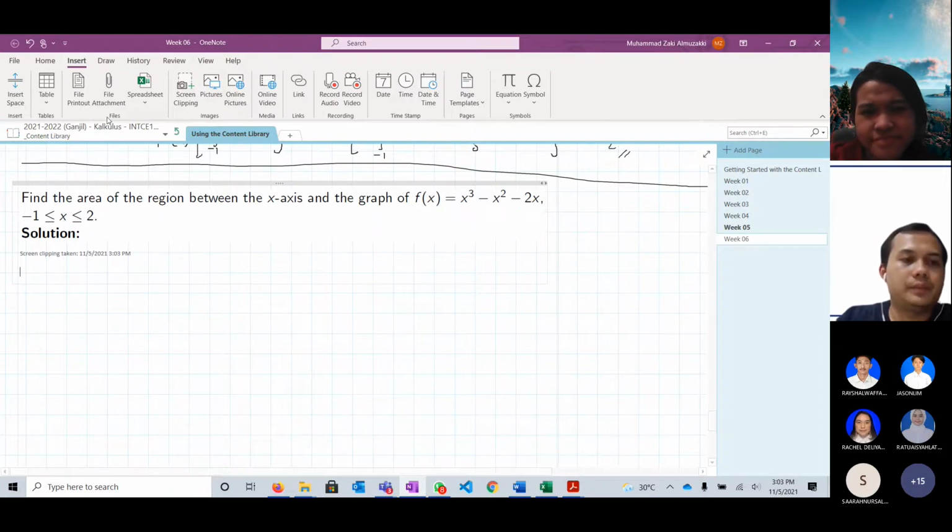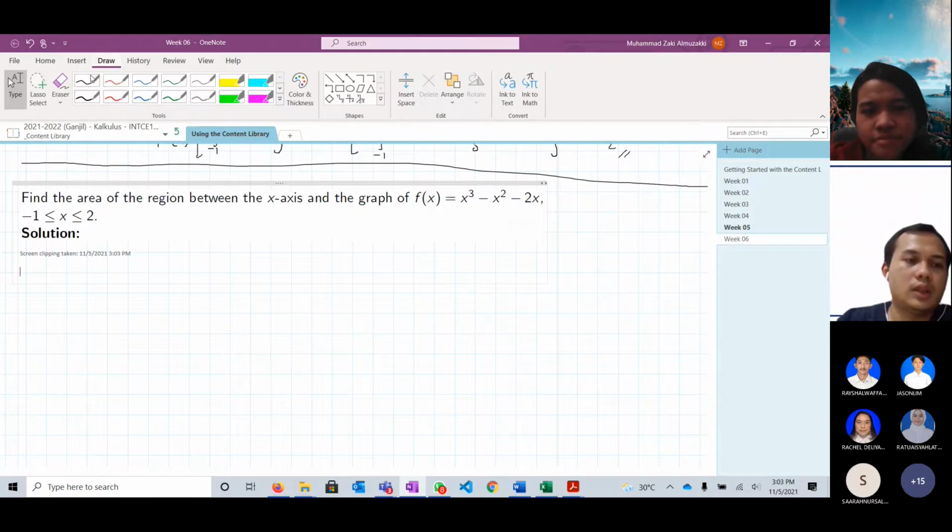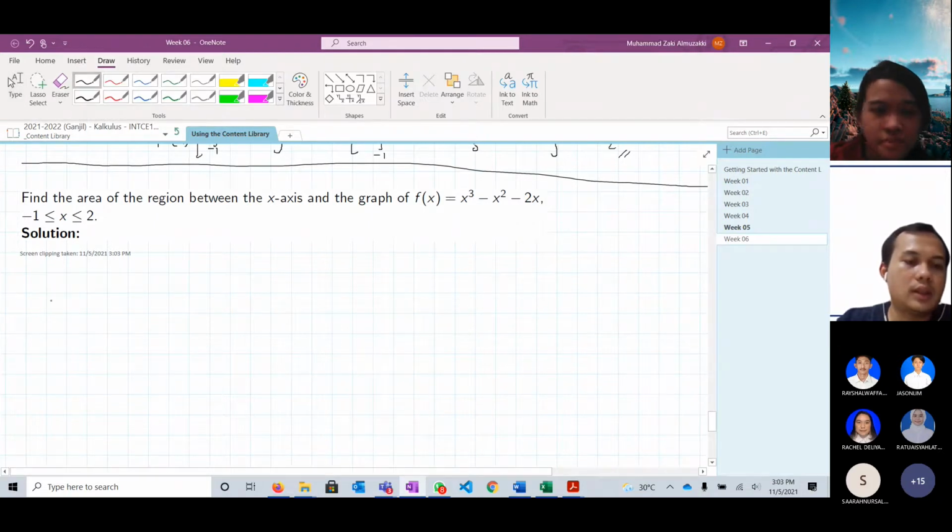So here we have that f of x equals x cubed minus x squared minus 2x, which is equal to